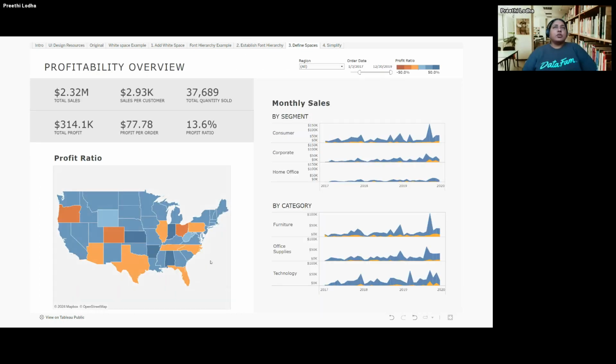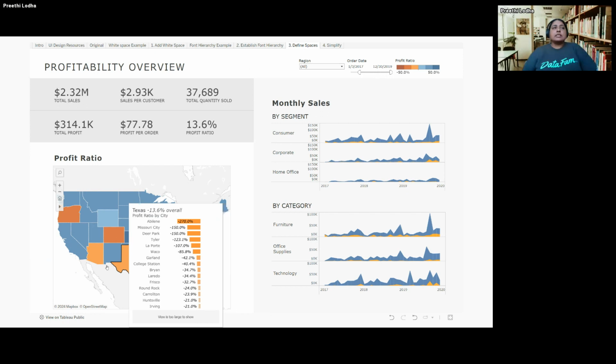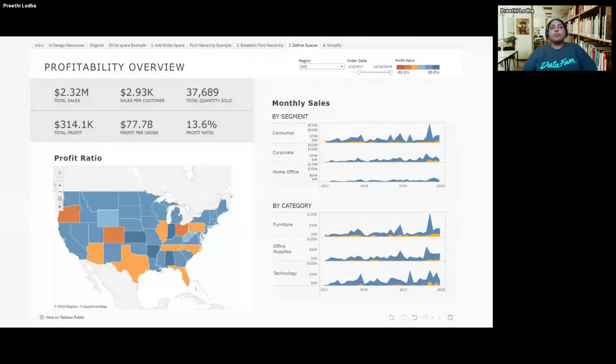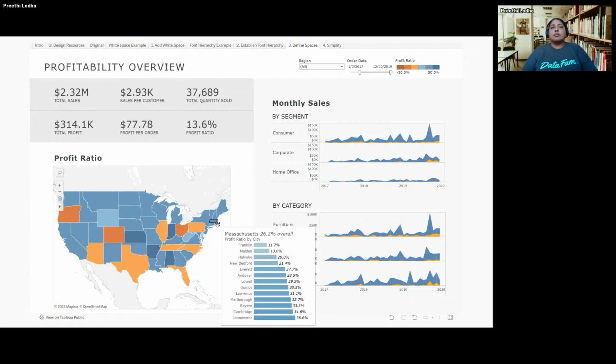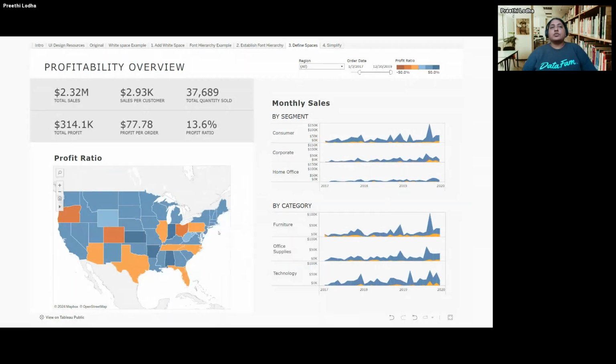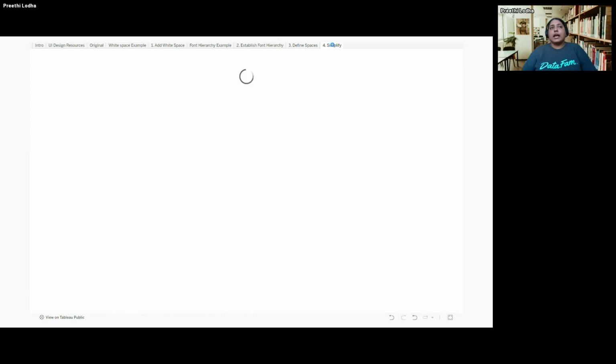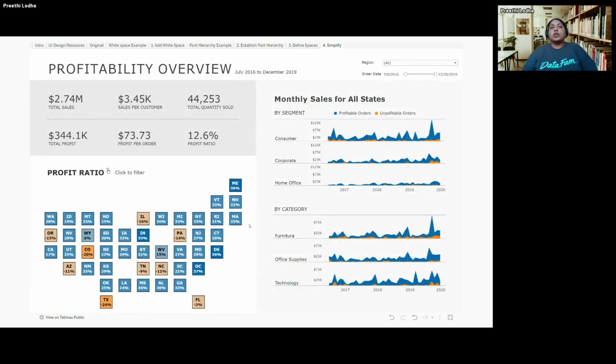Because if you look up here, Texas and California are much bigger, but when you come to the Northeast states, even though they have similar overall profit ratios, because they are small, your user might not be able to catch it right away. So instead of giving the weightage in that way, we have utilized this map. So a tile map will give you a sense of equal weightage across all the states.